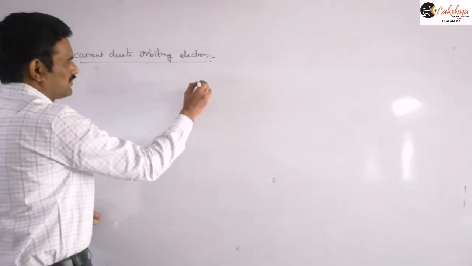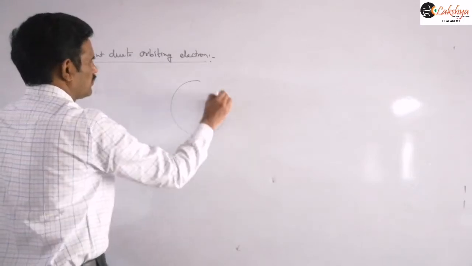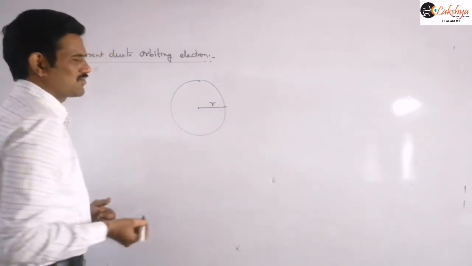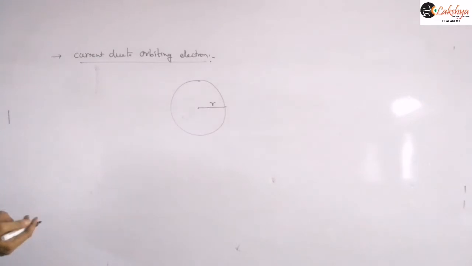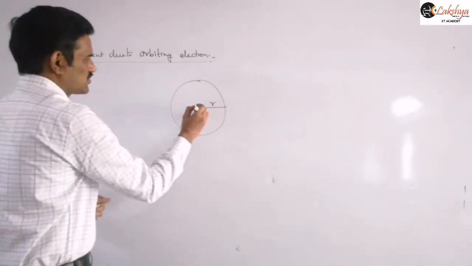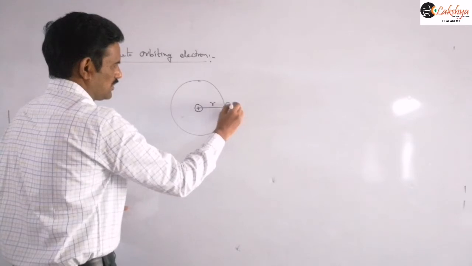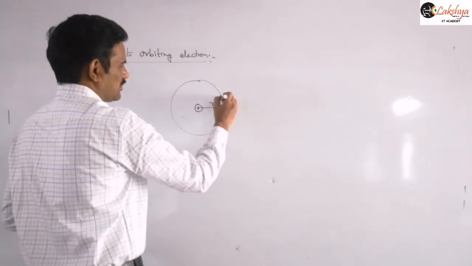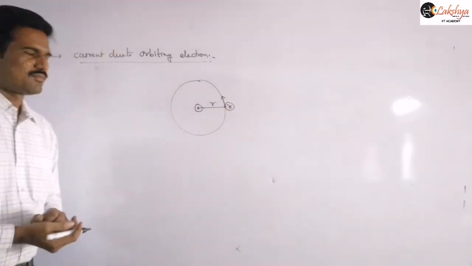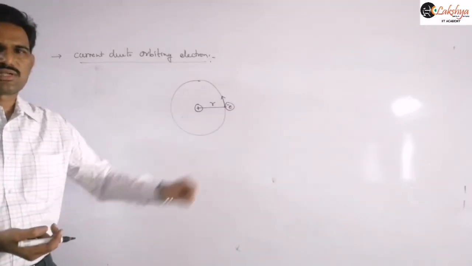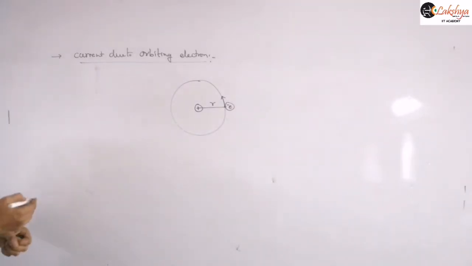That means here, for example, if I consider a hydrogen atom, or you may consider any atom, in a hydrogen atom one electron will be there. So I am taking an example of this hydrogen atom here. So here this positive charge will be there, and this negative charged electron is revolving around a circular path, in a circular orbit, right? And now we need to define how much current is there due to this flow of this electron here. So then in that case what we can write is,